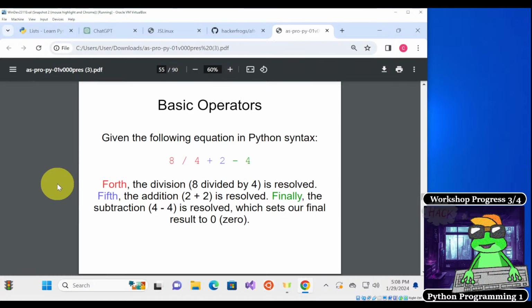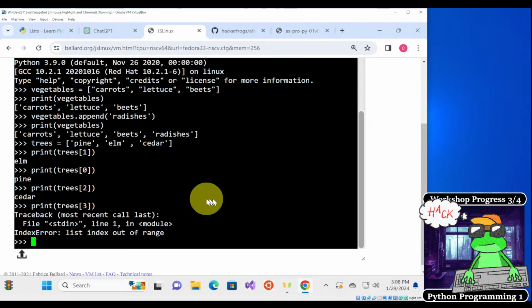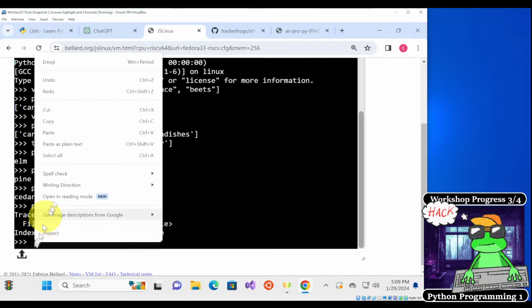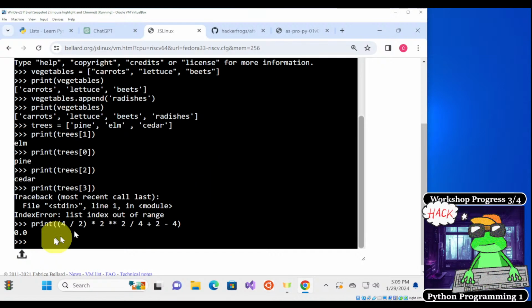So if we take this particular mathematical equation and put it into JS Linux, we need to paste. We want to print out this answer, so we need to encase everything inside of parentheses. So print, and this is going to give 0.